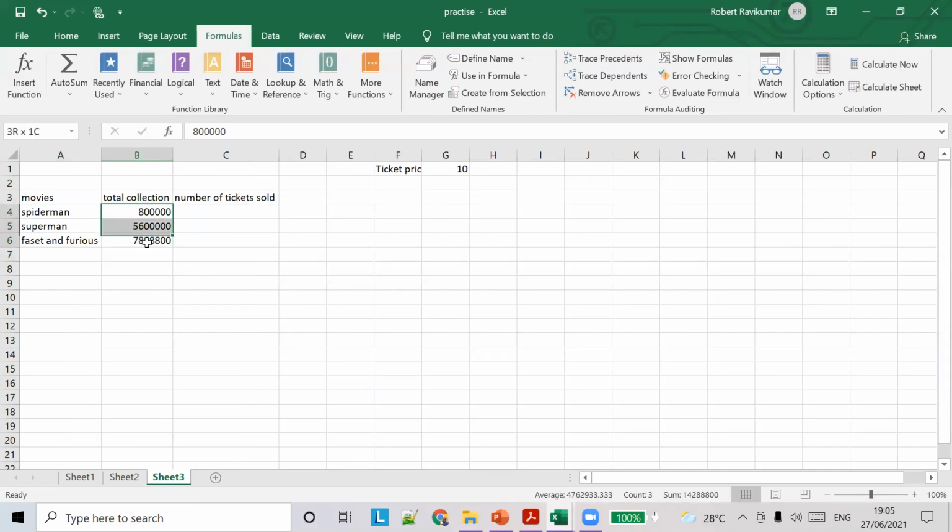So can someone tell me how to format it to dollars? I want to display SGD before. We have learned this in the previous classes. Can someone tell me? I want to do formatting on these cells.